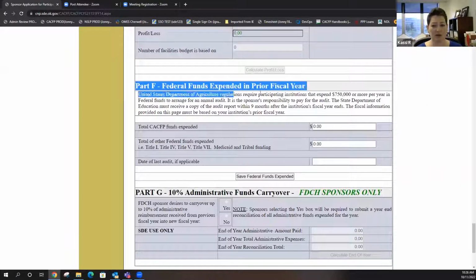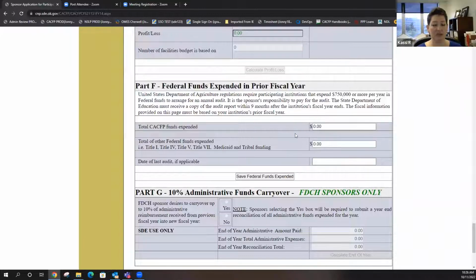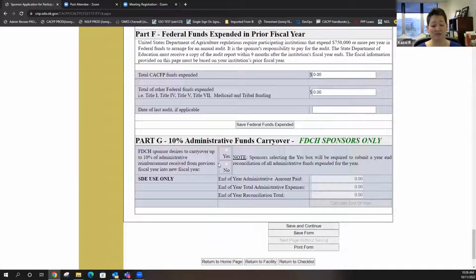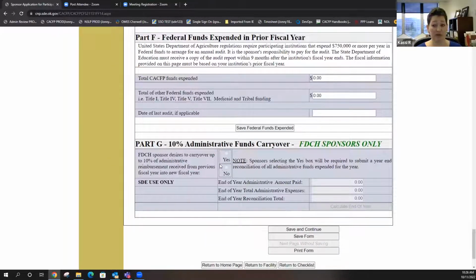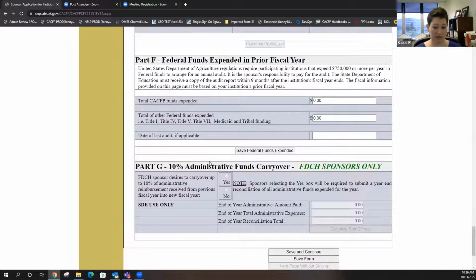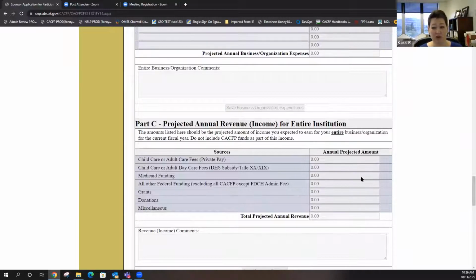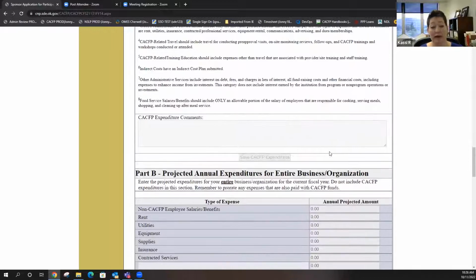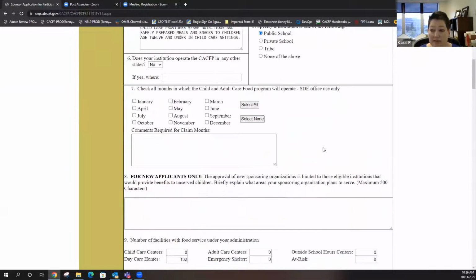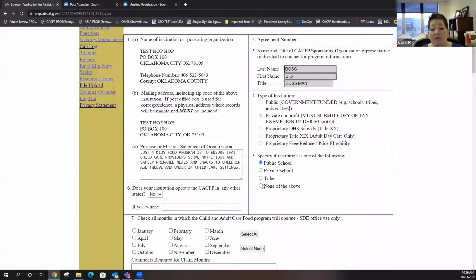We did miss this though. It's still going to make you put some numbers. It might still make you put numbers here. You don't have to. We just missed getting that grayed out. So that's what Gina asked earlier. What do schools not have to do? This page might still force you to, if you are a sponsor and you're a school, go ahead and report it. Nothing will be done with it, but we still just haven't gotten it fixed to where it's turned off and grayed out like the rest of it. I just missed it when we were testing. So everyone else is going to click either tribe or none of the above.